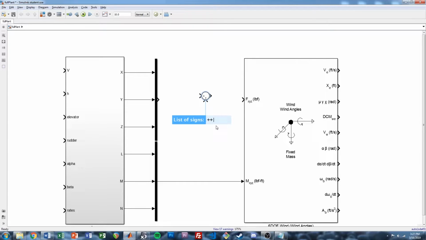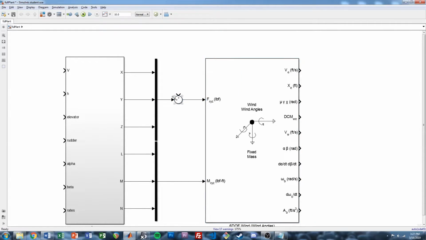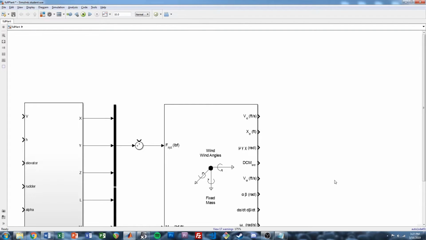Plus pipe, I think, will get you that. And then we're going to have to add in, I'm going to make this a little bit smaller, our own gravitational force in here as well. I know it's going to come from over here, so to generate this we're going to have an expression for gravity, and we're going to take the inertial expression and rotate it into the body frame, because these have to be in the